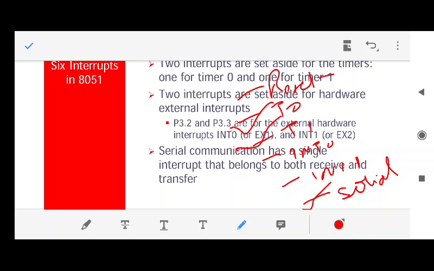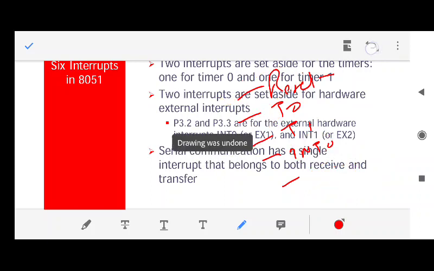And the external interrupts are reset, because you do the reset through an external pin, interrupt 0 and interrupt 1, because they are generated externally, outside of the 8051. Fine. So let us move forward and see one interrupt at a time.